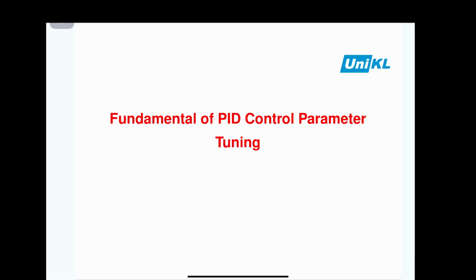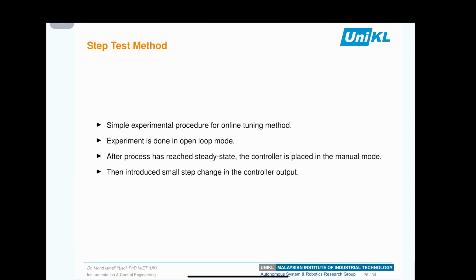In this video, I'm going to share the fundamentals of PID control parameter tuning. There are two methods in basic PID control parameter tuning. The first method we call the step test method, and the second method we call the continuous cycling